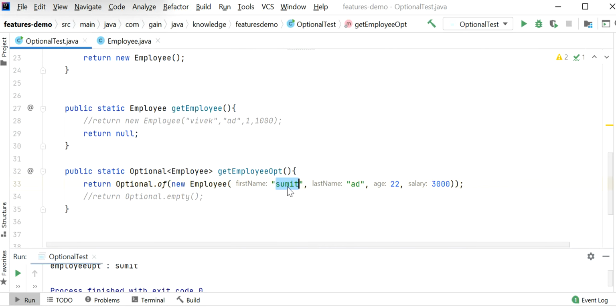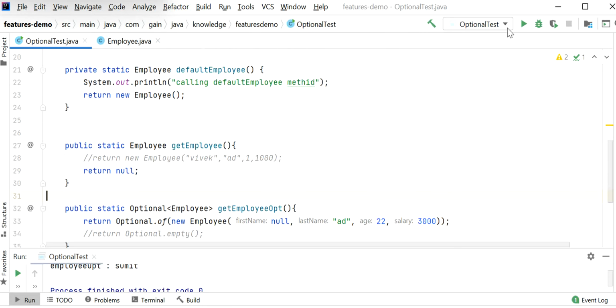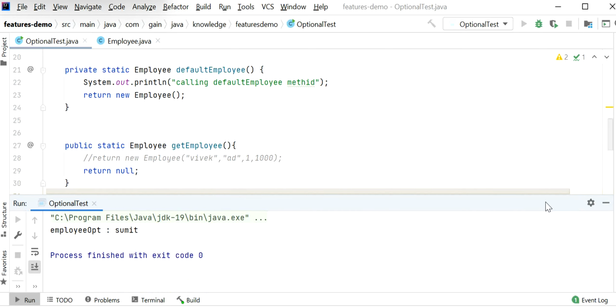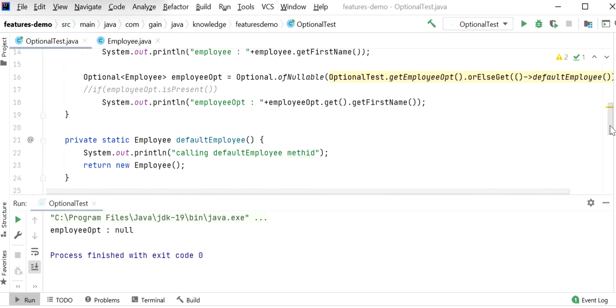There may be a chance we get a null value. So let me add null here. In that case we will get null as the name. So here we can see we are getting employee opt first name is null.